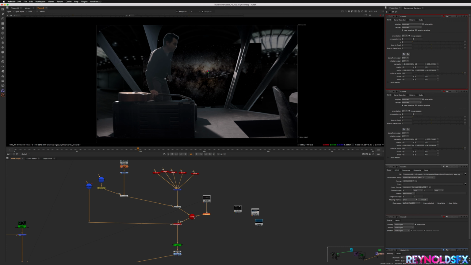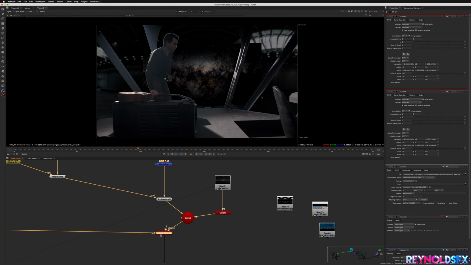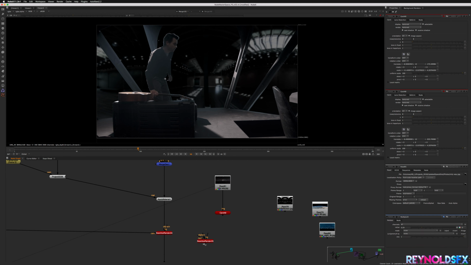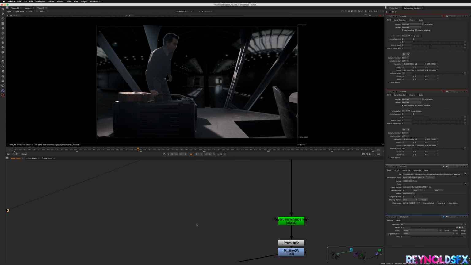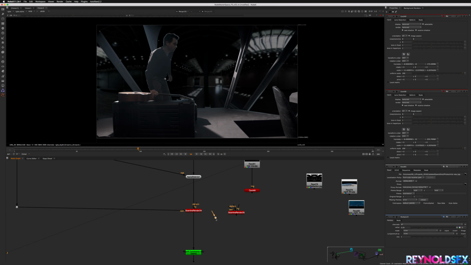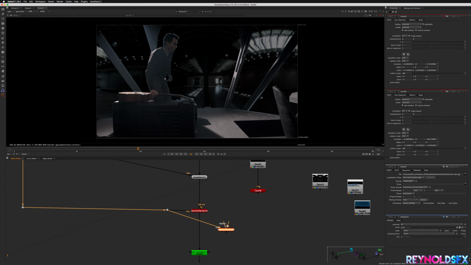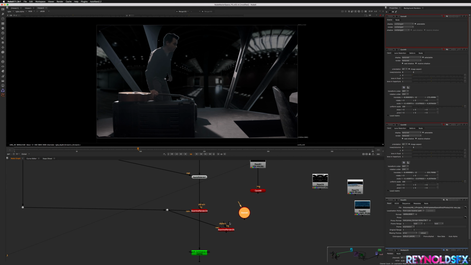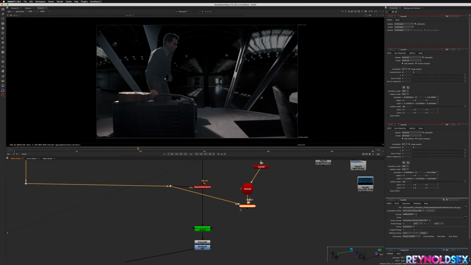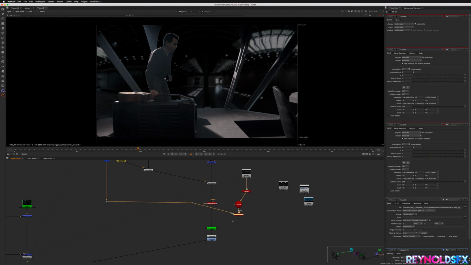Actually, you know what? I'm going to duplicate this. I do want this on a separate layer so we can do more. And I'm just going to do this same setup. I'm going to take a dot so it's easier. And we're going to take this camera and we'll take a scene and we're going to plug this in, plug that in, no background needed, and let's see,